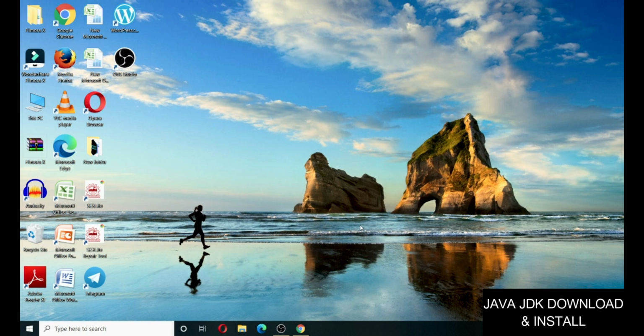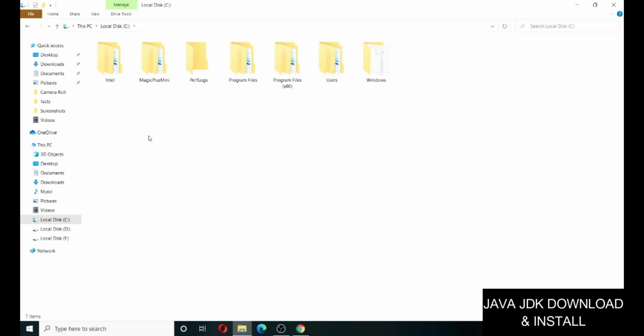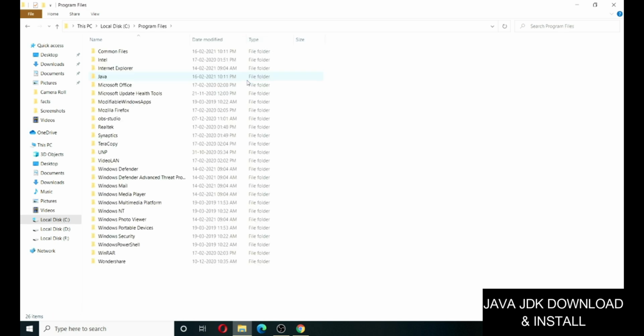Now what you want to do is go to the location where this Java JDK is installed on your computer. For this, go to this PC icon and then click on local disk C. Now click on program files and click Java.